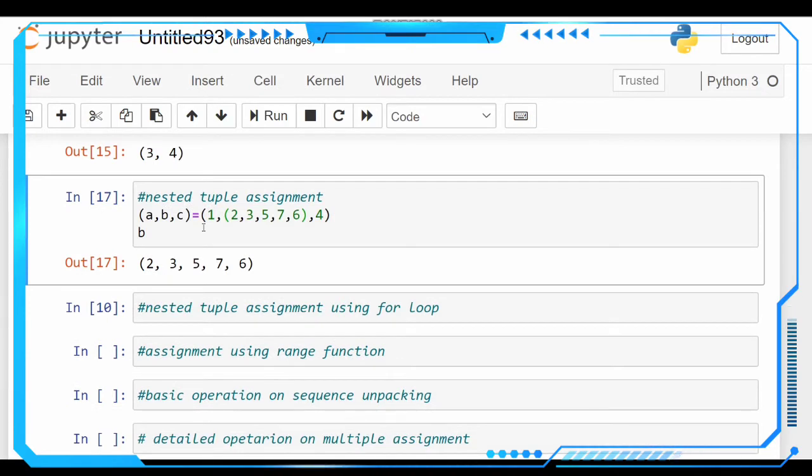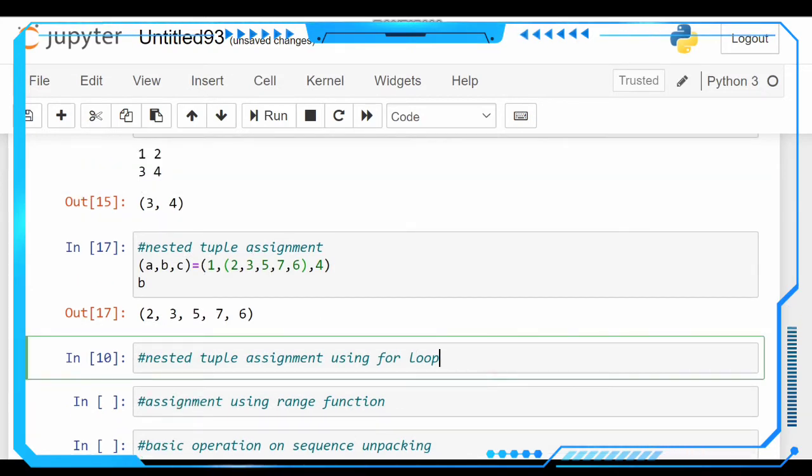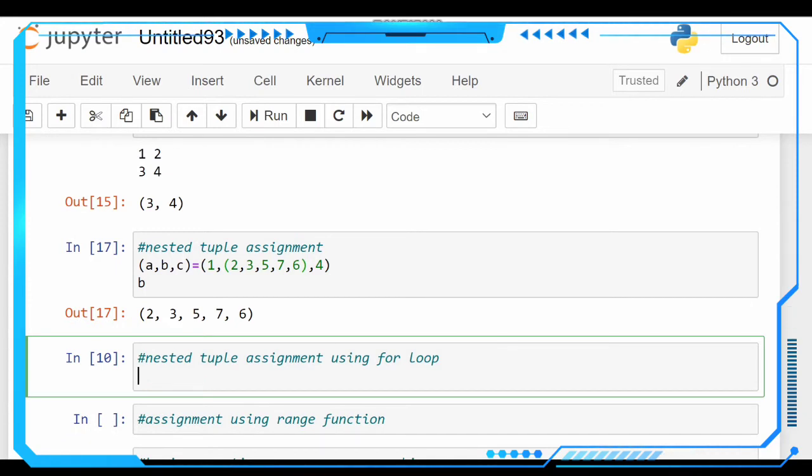And coming to nested tuple assignment using a for loop. How are we going to use a for loop here? As just mentioned above, for a, (b, c) in a list, we are creating 1, (2, 3).